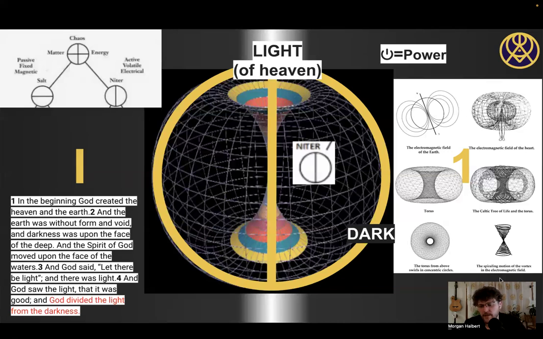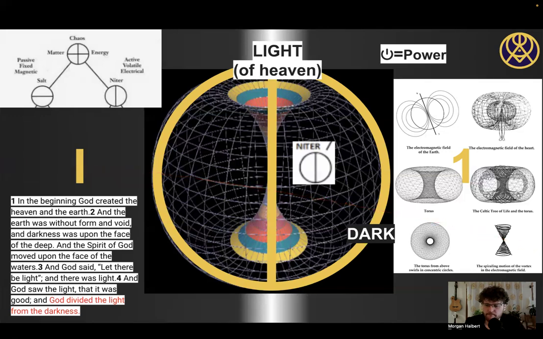Now, note that the hyperboloid is the negative image of the torus. So a lot of people understand that a torus is a two-dimensional structure, but the hyperboloid is too. So that means that we've got two-dimensional structures that are perfectly balanced, such that one holographically creates the other in the negative space of itself.